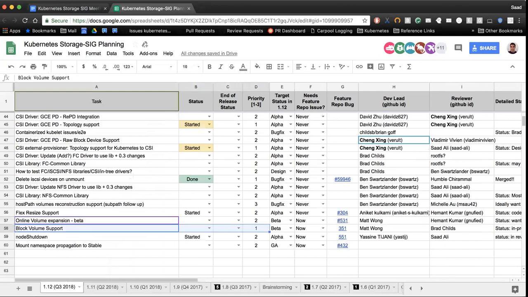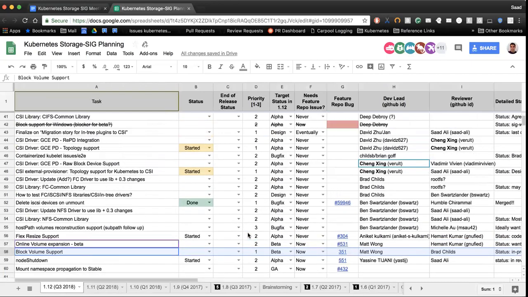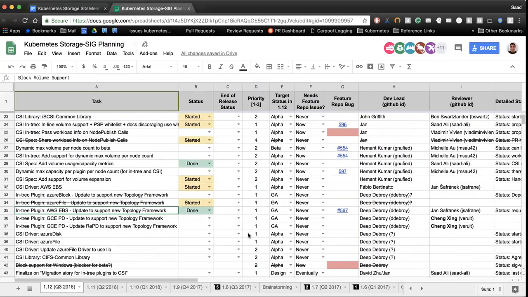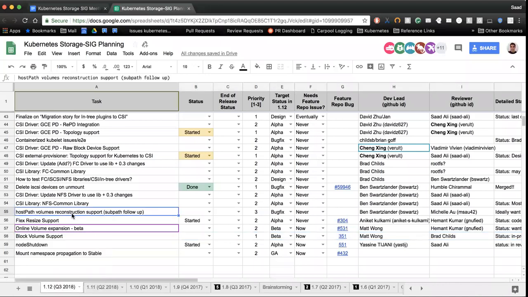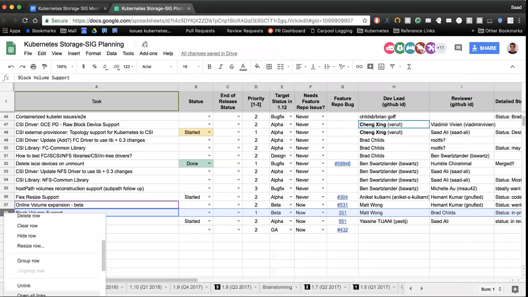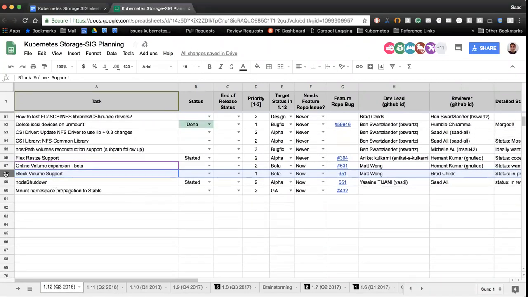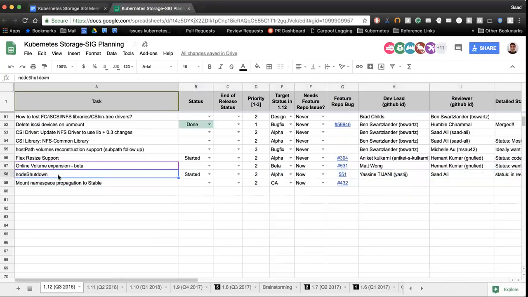And then block volume support. I think we duplicated this item. It was somewhere above, towards the top. Okay. I'll just go ahead and delete this one then. Hey, what happened last week where we were missing like 30 items? I went through, and I think it was just a couple of items that were out of order that confused us. So I think we're good. If you recognize anything that was missing, I don't think there's anything missing anymore. If you do notice anything missing, feel free to go ahead and add it to the bottom.